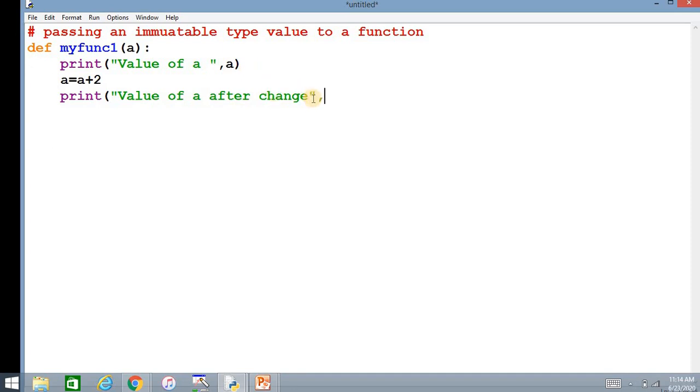So it is a again I am printing after the change, and that's all I am storing. Now in the main part of the program I am declaring a variable num. num is equal to 3.